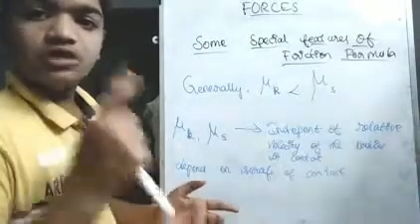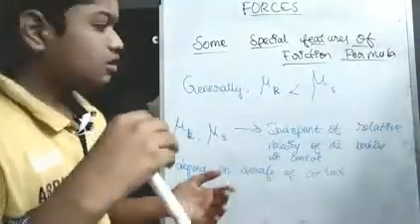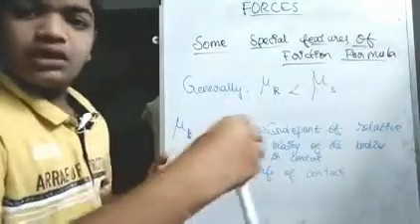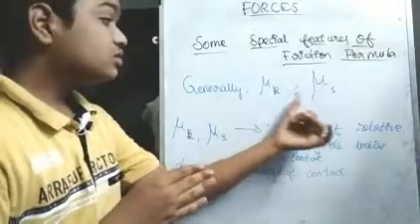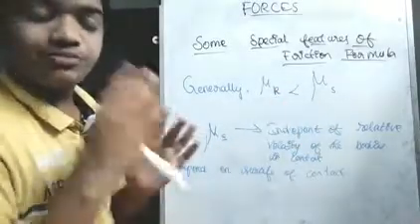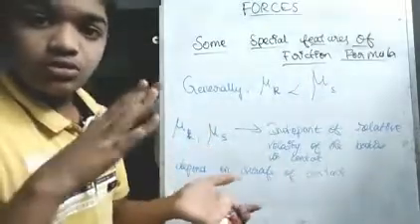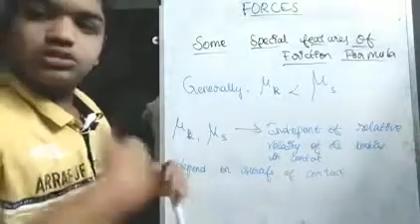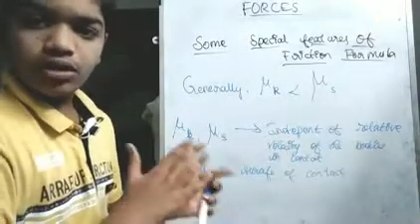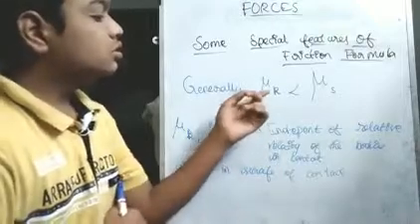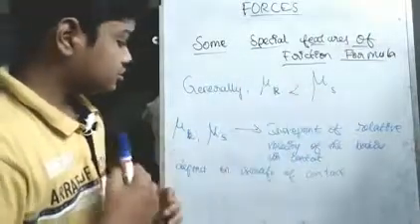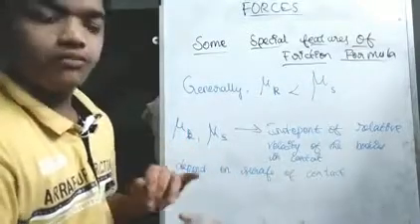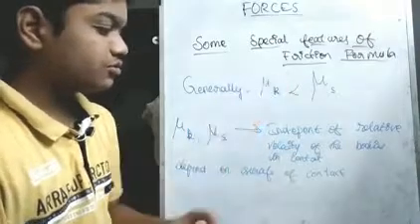In impending slip, the force is higher, and lesser in slip, because in slip it's moving, so there is no adhesive force. But in impending slip there is an adhesive force. We have to disconnect the adhesive force, so we have to give more force, then the body starts to move. So mu k is less than mu s, and